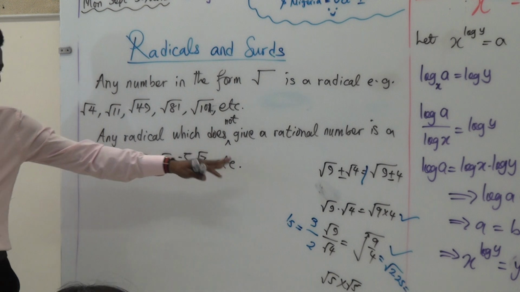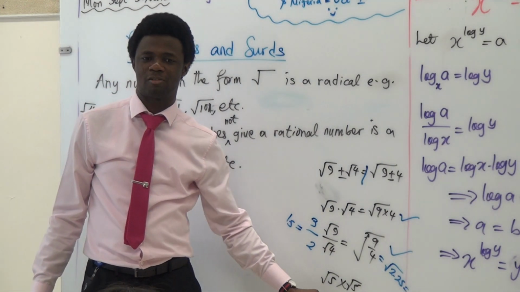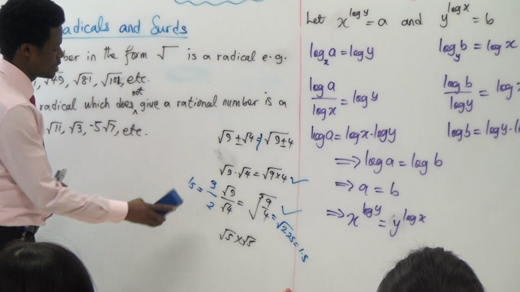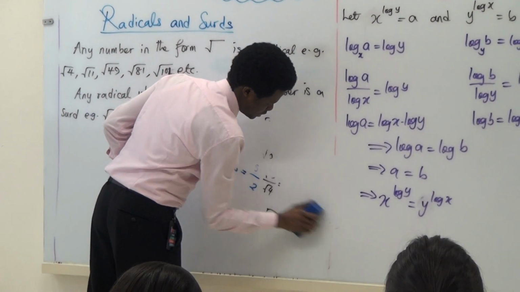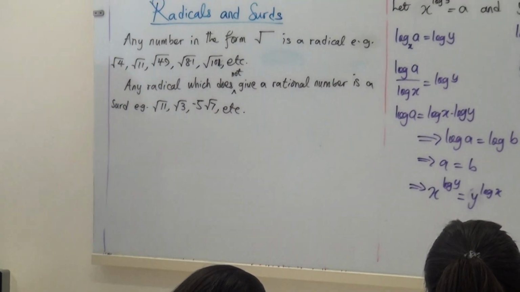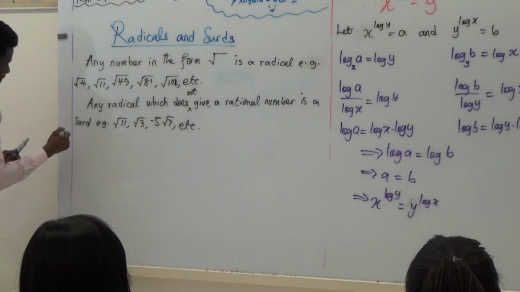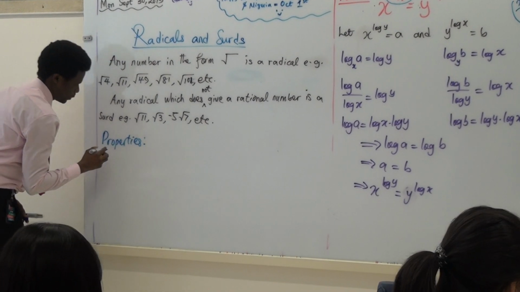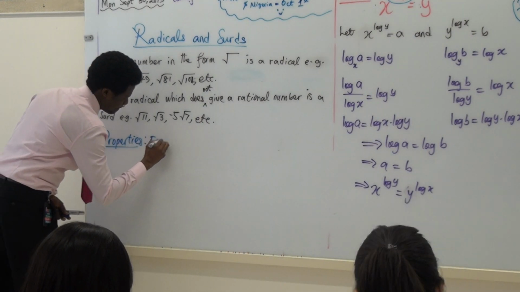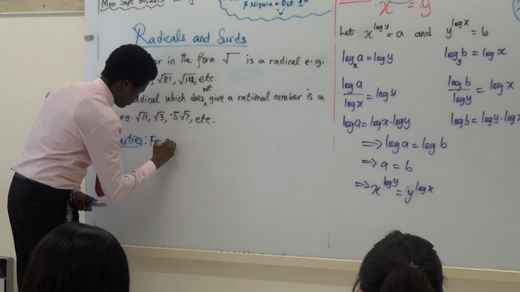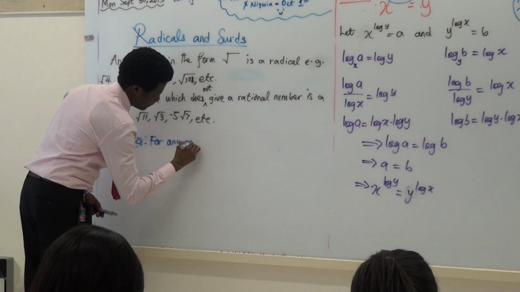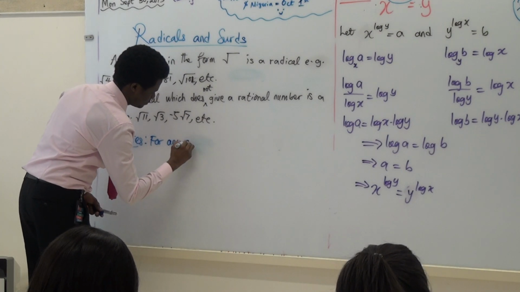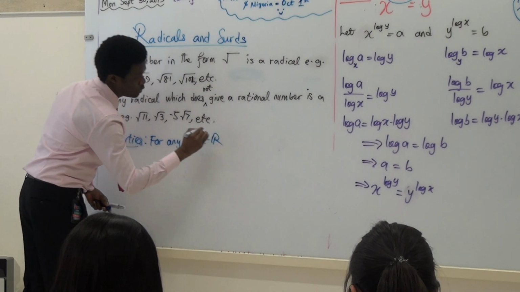Okay, so we have tested now. When the radical multiplies itself, you get back the number under the square root sign. We're going to write it as 5 different properties here. For any real numbers A and B,